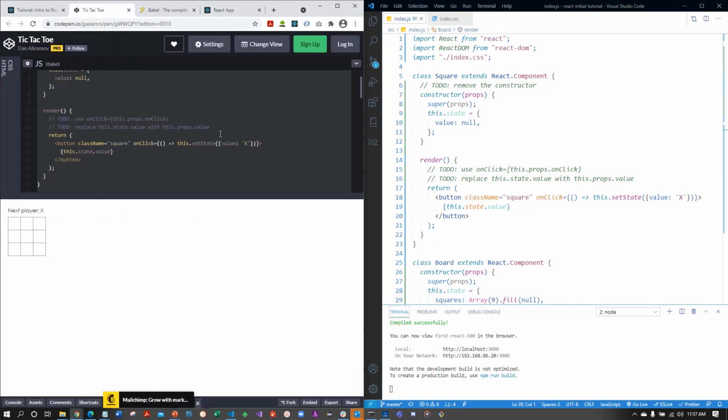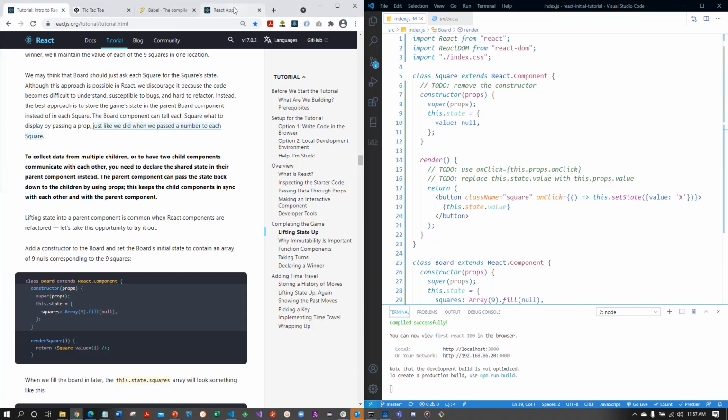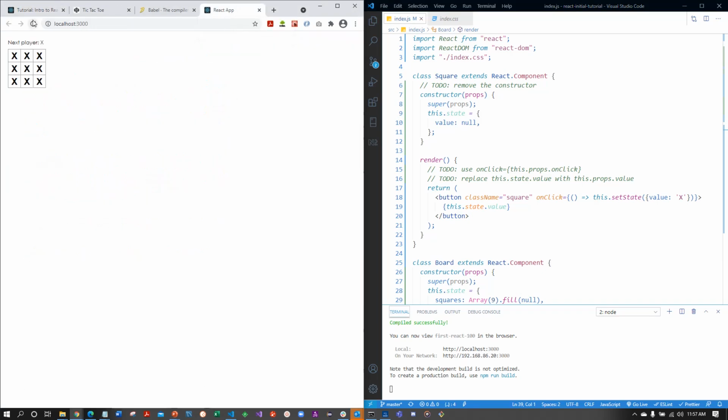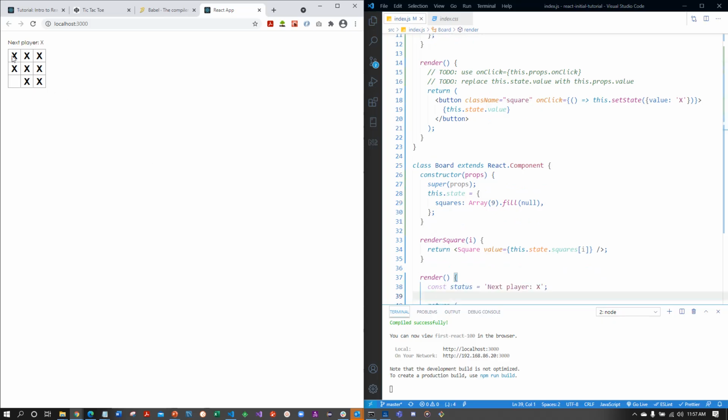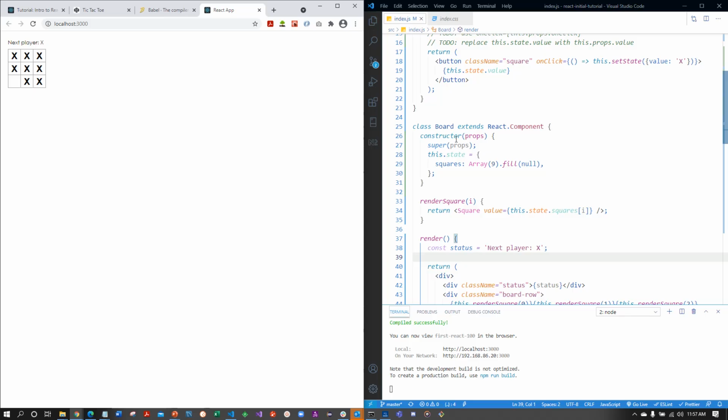So we don't have any changes in its behavior, but we do have the mechanism in place to finish the game because we now have the ability to remember to swap between X's and O's, because the board will have the knowledge to do that, and we'll know when tic-tac-toe is in a victory state or a win state because the board will know those things. All right, let's do the next step